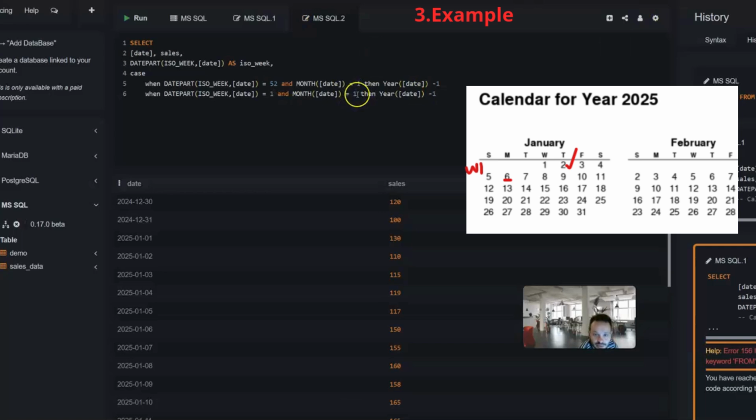This is similar to the case in 2025, where the first week started on the first of, it was Wednesday, so the first Thursday was in the first week of the year, and the Monday started in 2024. So week number 1 started Monday, which was in 2024, but it included 2nd of January in the next year, and that's why we need to add +1, because that means the Monday of last year, which was the 30th